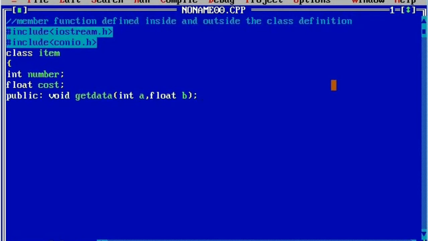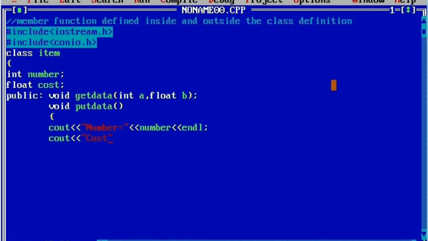Next I'm going to define the function inside the class definition, that is void put data curly open brace. Here I'll write cout number equal to, and here I'm going to display the value of number, and I'll use endl to bring the cursor down to the next line, cout.